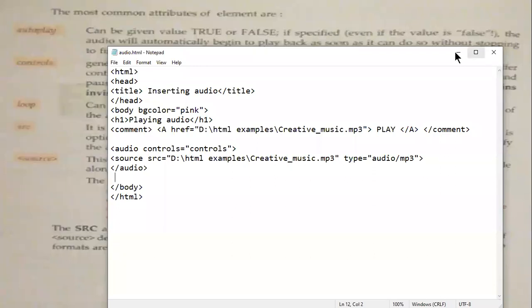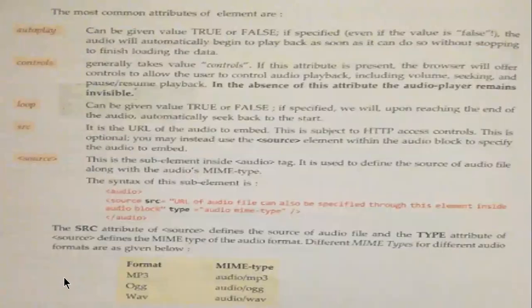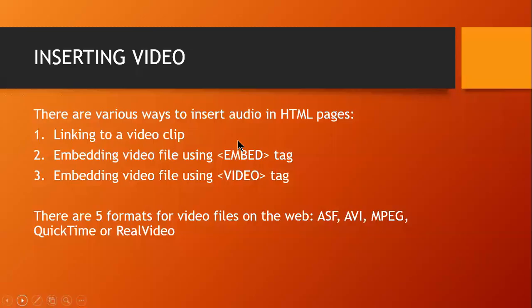Now let us move back to presentation. So these were the methods of embedding audio files in your web page. Now let us see how to insert videos. Again, we have three ways to insert video. This is not audio, this is actually video.